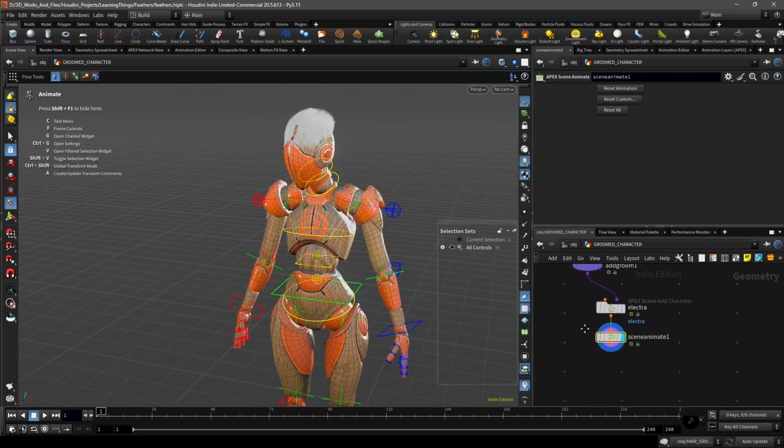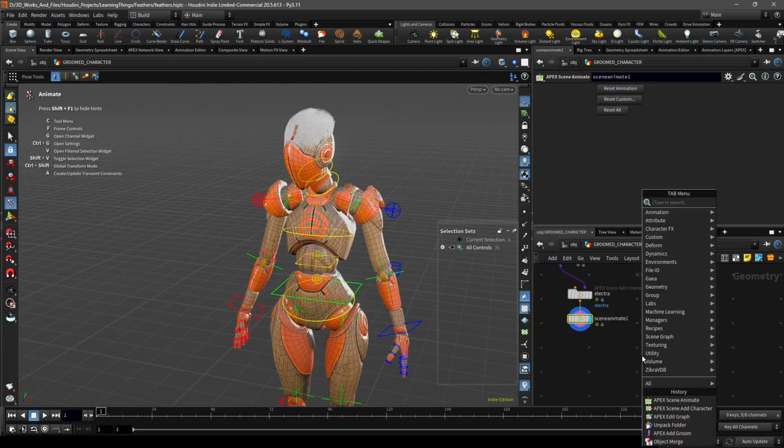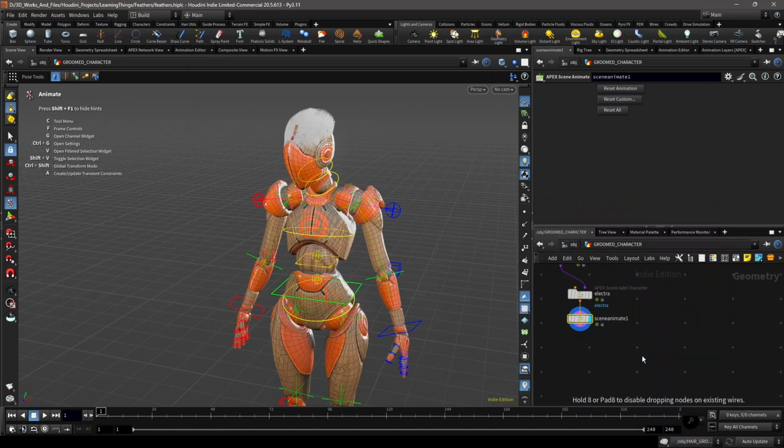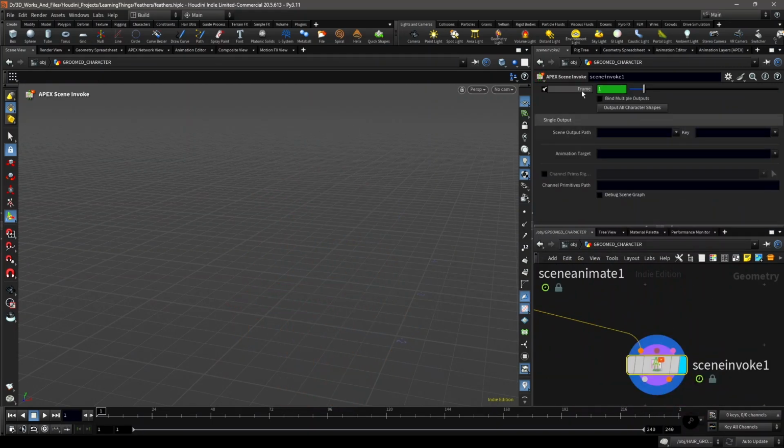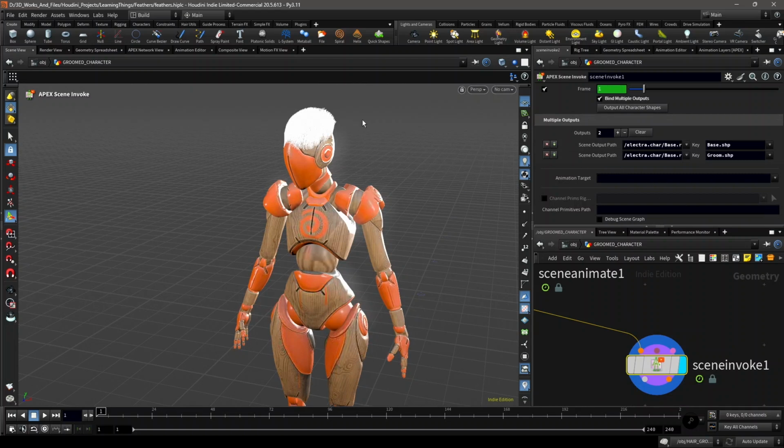And then to get it out of this APEX packed folders, you want to use a Scene Invoke node, and then you have to click on Output All Character Shapes. And if you just want to output the groom, then you can remove this base.shape,